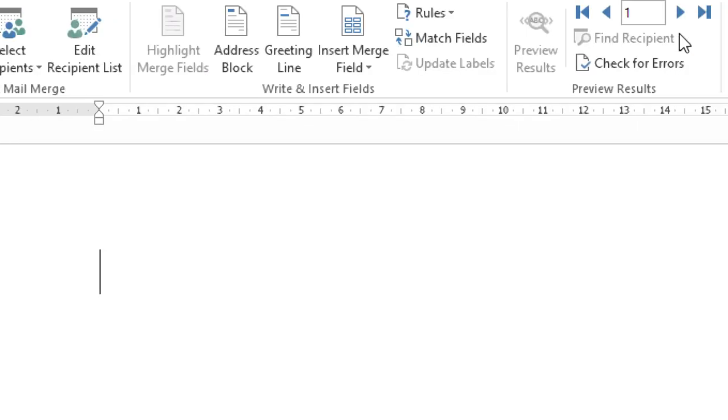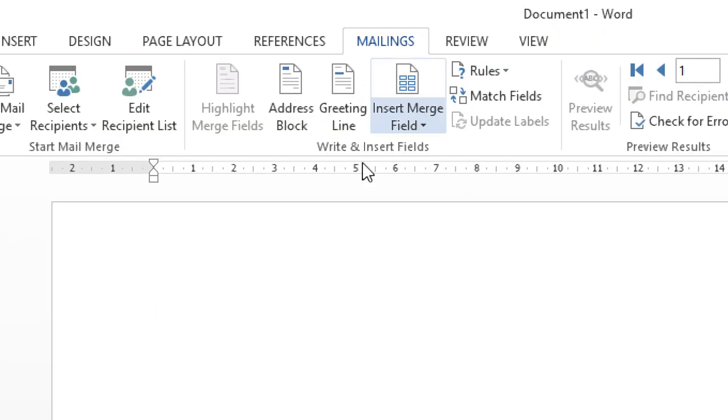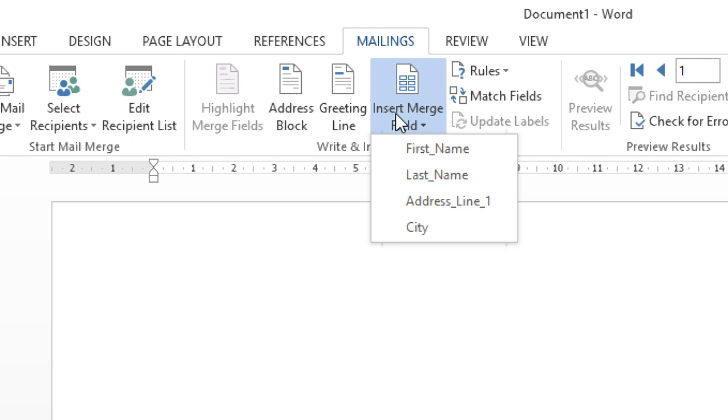Clear? Afterward, before writing any letter, on the top left-hand side of the letter, what are we adding? First name, last name, then the address, right? For that we are inserting a merge field. What are we inserting? The merge field, which is in your table. Whenever you create your recipient list, whatever fields are there, only those come here, not extra fields.